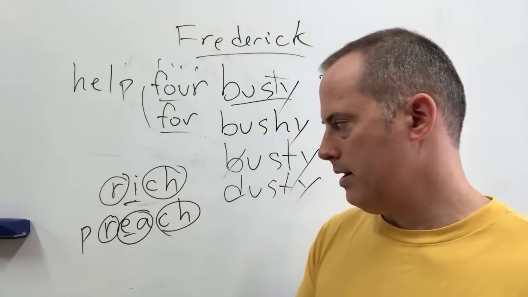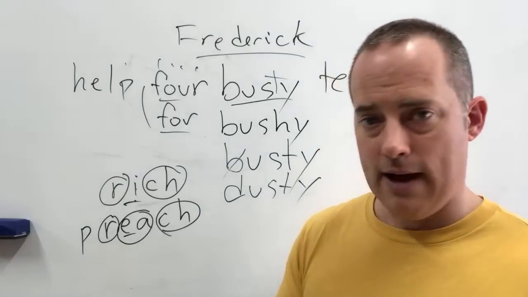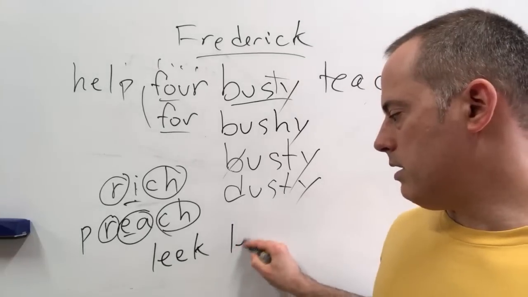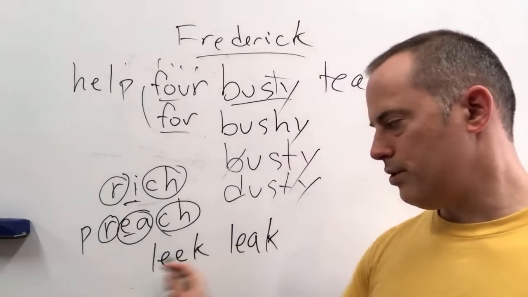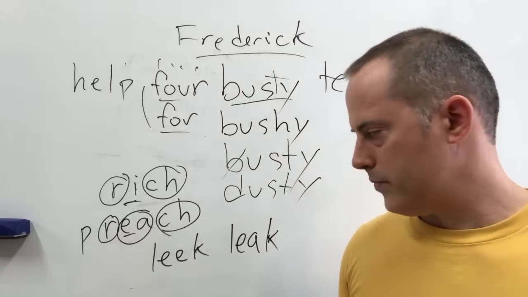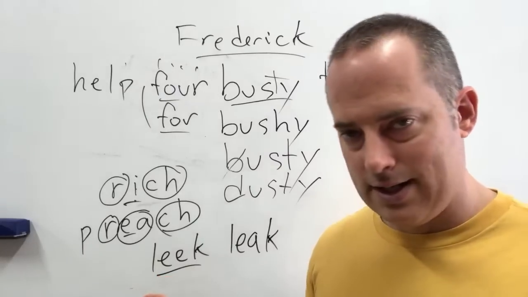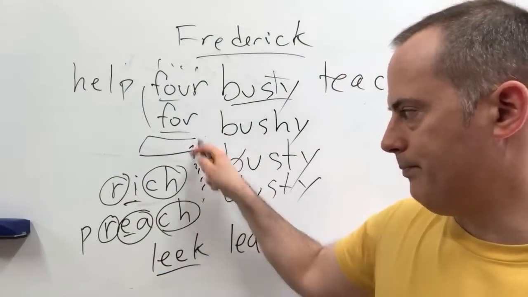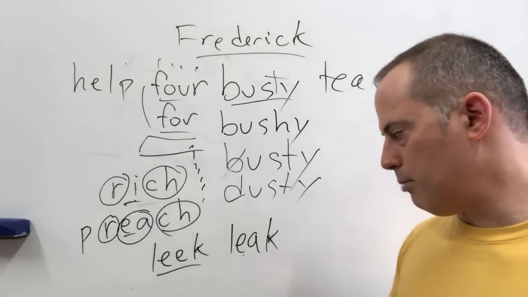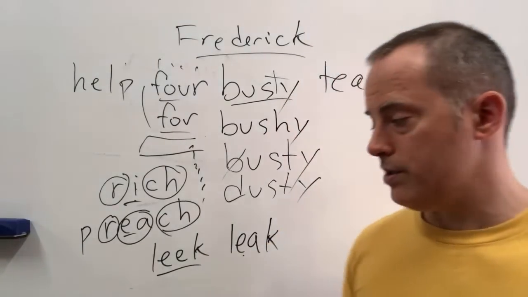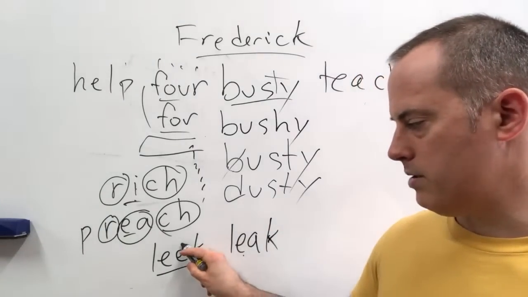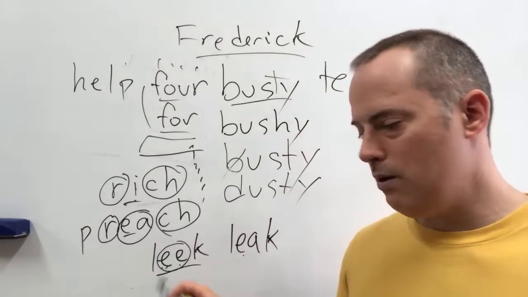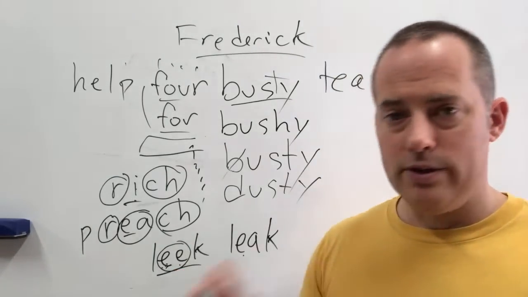So even if they could be pronounced the same, but they're actually different words, like leek and leak. These are two different words. They're pronounced the same though. So leek, this is a kind of vegetable, like an onion, a leek. And this kind of leak is like we have a pipe with water dripping out of it. A leak. So same pronunciation, but different meaning. Now, very quickly, just a general rule for pronunciation is if you have two vowels like this, we usually say if two vowels go walking, the first vowel does the talking.